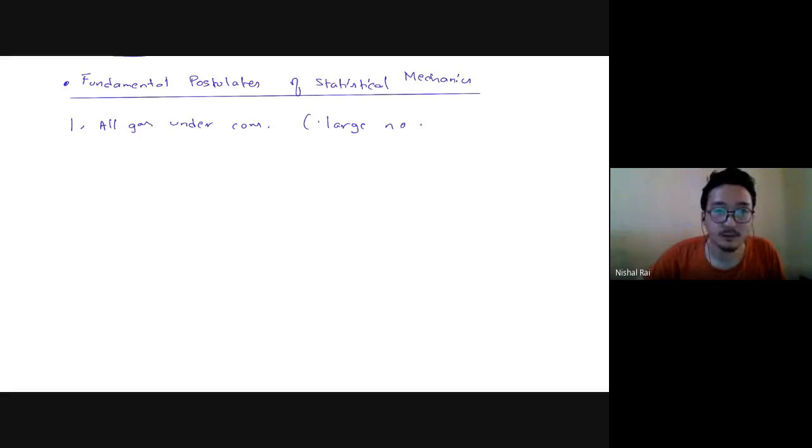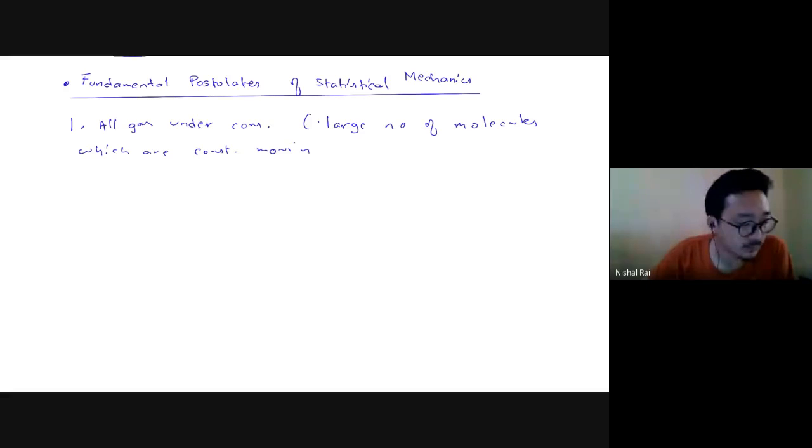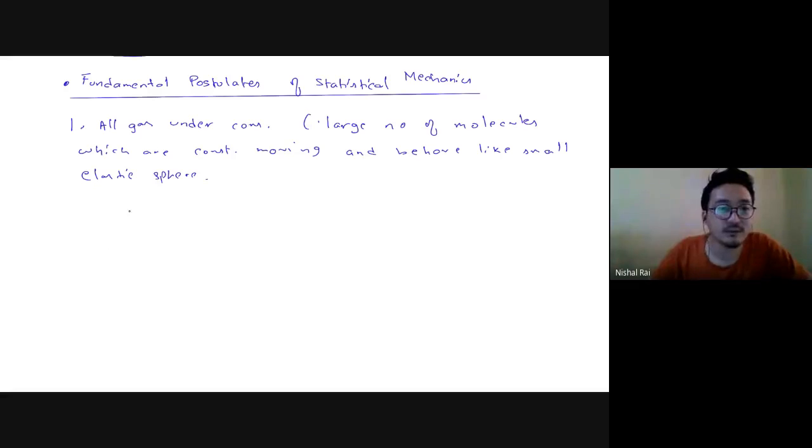A large number of molecules which are constantly moving and behave like small elastic spheres. Clear? So what does the first postulate tell you is, let's say, I'll just make it in 2 dimensions so